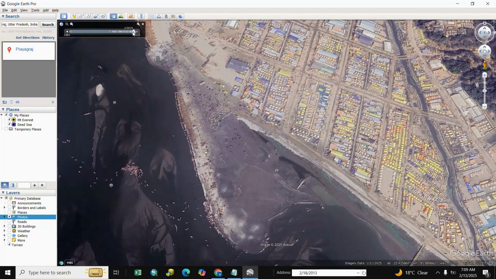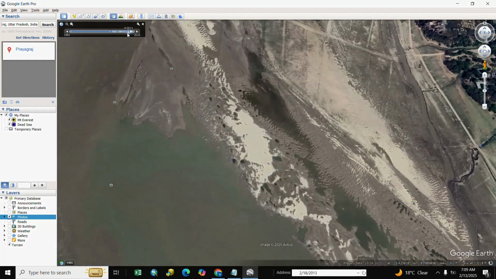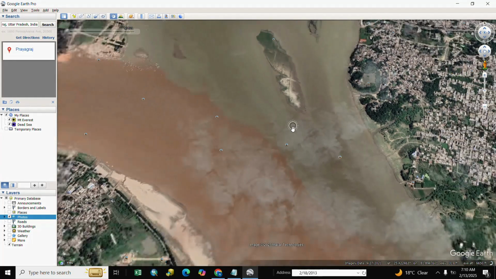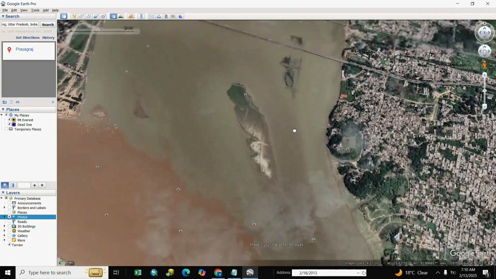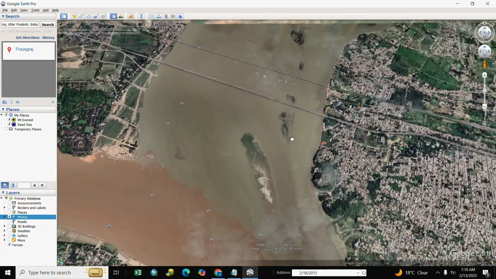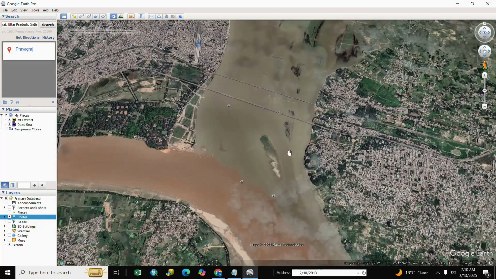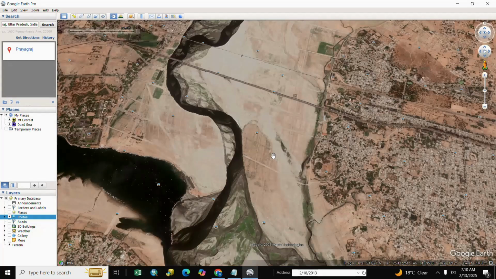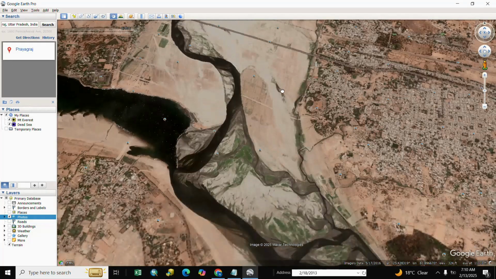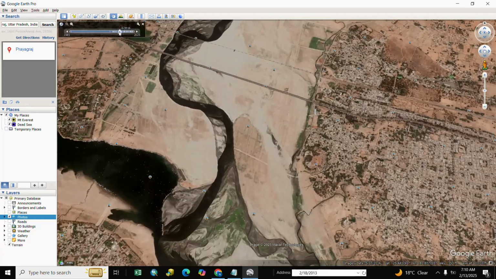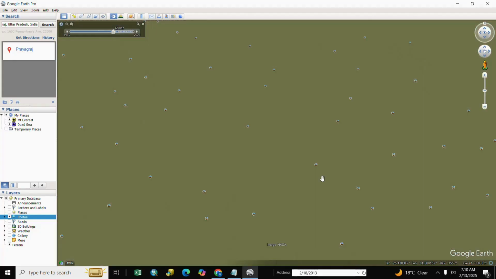We select it and drag right to left, and you see here September 21, and you see this area is flooded.